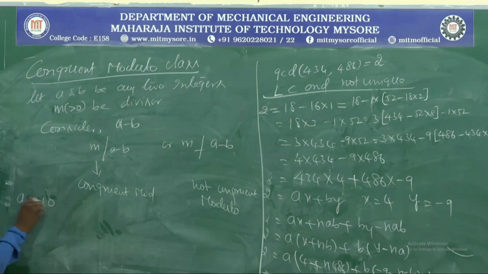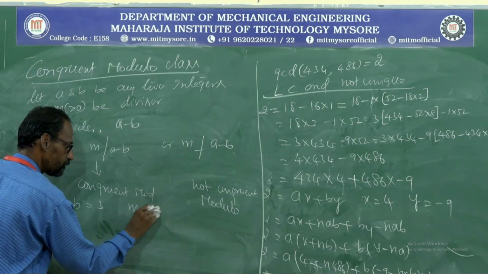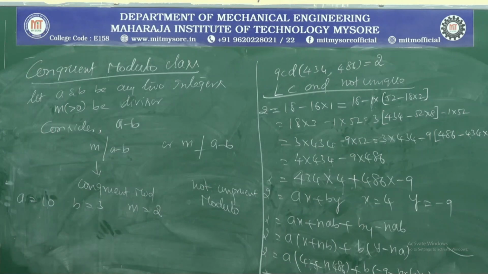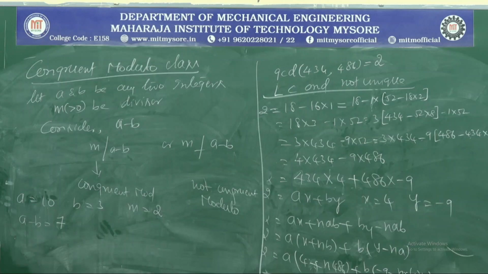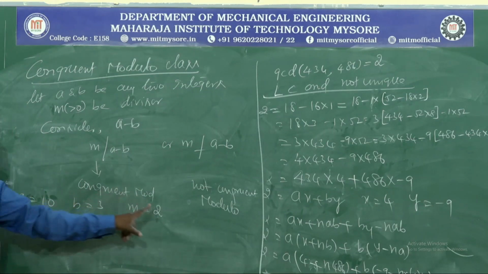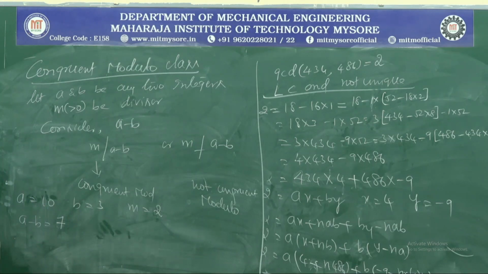I can show you an example. You consider A equal to 10, B equal to 3, and M equal to 2. Carefully observe now. What is the procedure? The procedure is take A minus B. What is A minus B? 10 minus 3, I can directly write 7. Now we have two tracks, two approaches. See whether your M divides A minus B. If M divides A minus B, you are happy to say I am in a congruent class. If M does not divide A minus B,